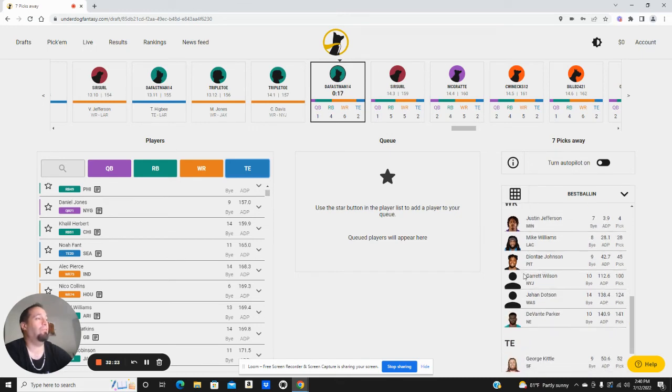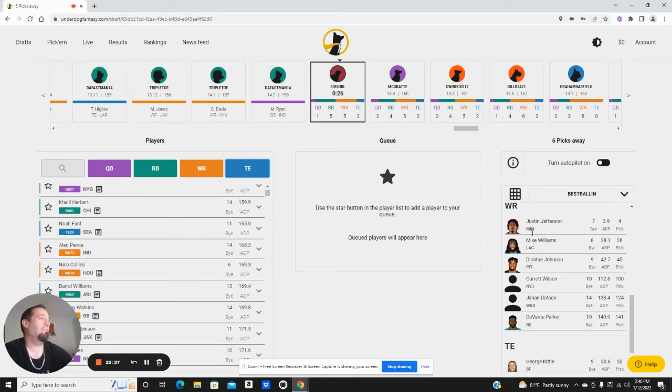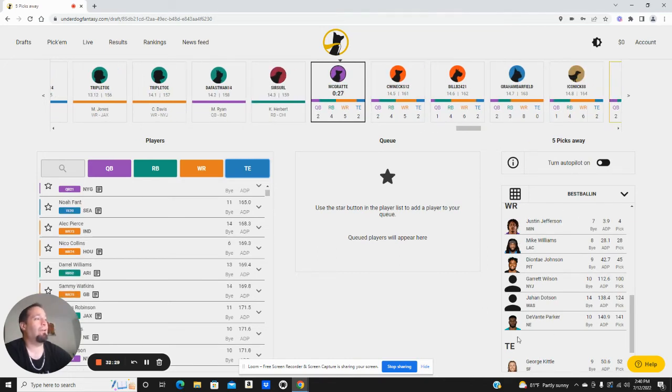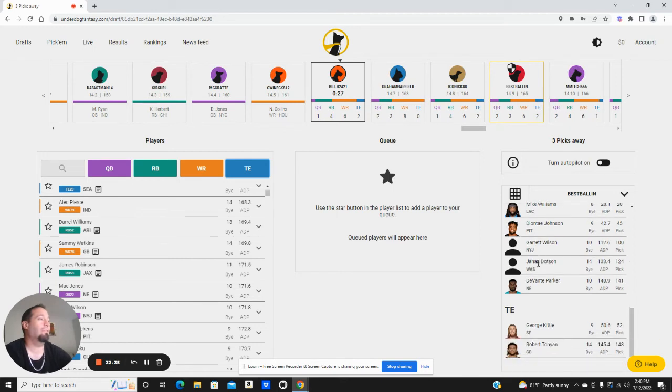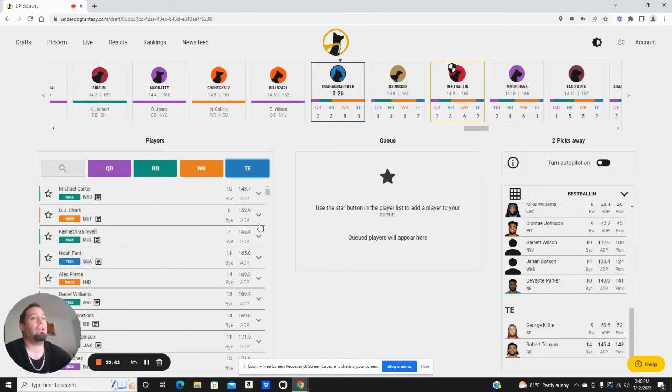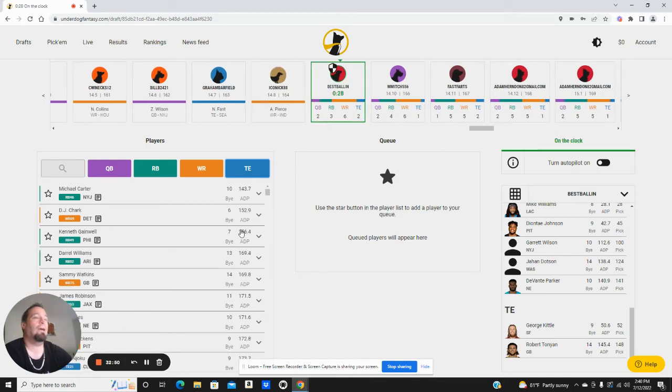But the problem is we're going to be so deep at wide receiver. We have Jefferson, Williams, Deontay. I feel like this is a really good start where I don't see there overwhelmingly being a need for us to go to 10 wide receivers. That seems excessive. But it kind of depends on the players available. Certainly a player I'm hoping does not get picked here. That sucked.